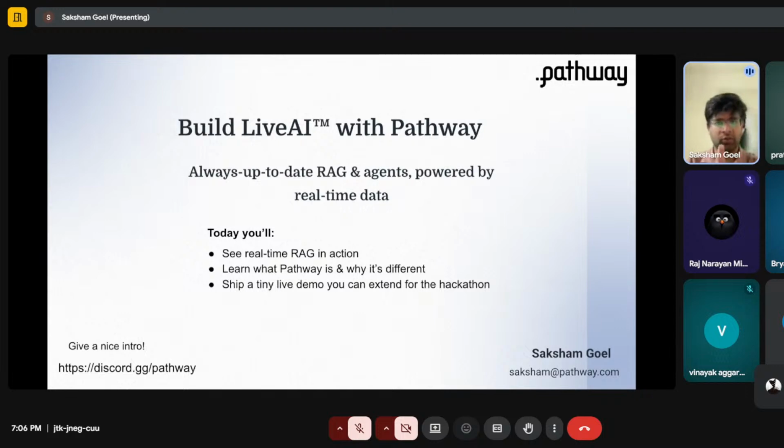We'll do a hands-on demo itself. I'll walk you through the basics, and a lot of problems which you encounter while starting with Pathway, from installation issues to how you can use a particular connector.